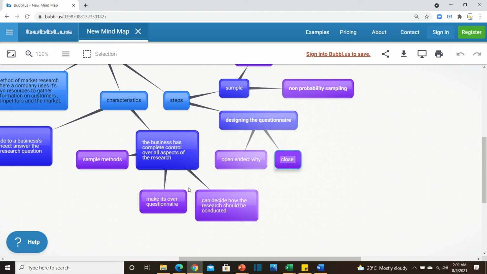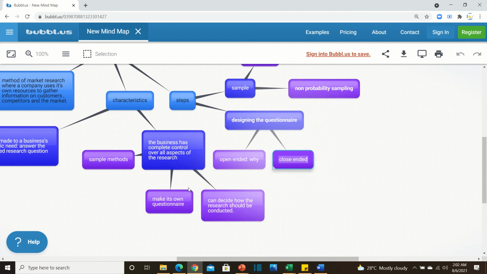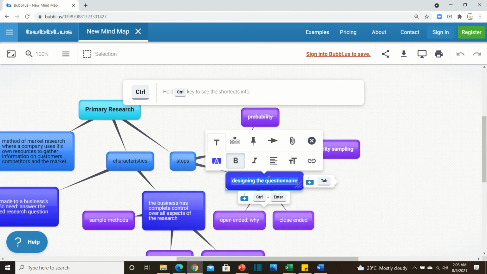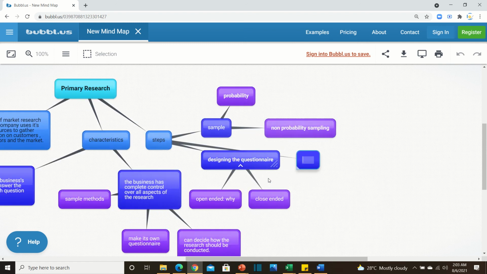And then close-ended questions, and these can be mathematically and statistically analyzed, such as what is your favorite color, or how many times have you felt scared while watching a particular film, and you could give a list of options 2, 3, 5 and 7. MCQs are examples of close-ended questions, yes or no questions are examples of close-ended questions. So once you have designed the questionnaire, then you actually ask the questions, and you do the actual research.